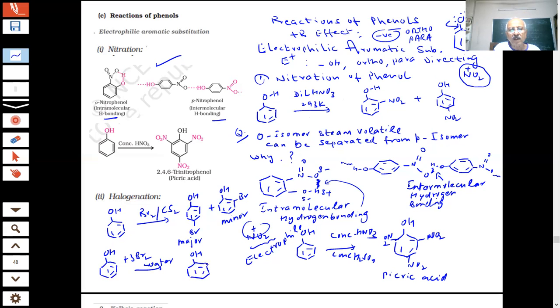यहां पे क्या बनने वाला है, 2,4,6। तो ये क्या बन गया, 2,4,6 ट्राइब्रोमोफिनोल। तो ये प्रोडक्ट बन जाएगा 2,4,6 ट्राइब्रोमोफिनोल। All these reactions are electrophilic aromatic substitution reactions।